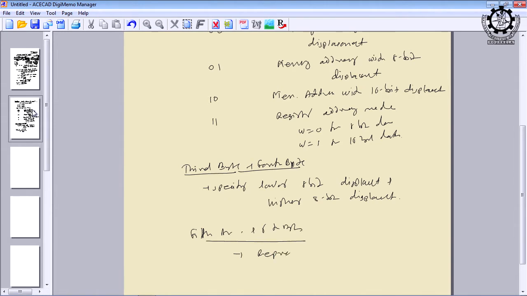This represents the higher 8-bit displacement. Okay. So, in total there are 6 bytes, and this will vary from instruction to instruction. Okay. So, this is actually useful whenever you write a program using the microprocessor kit, but as far as theory is concerned,